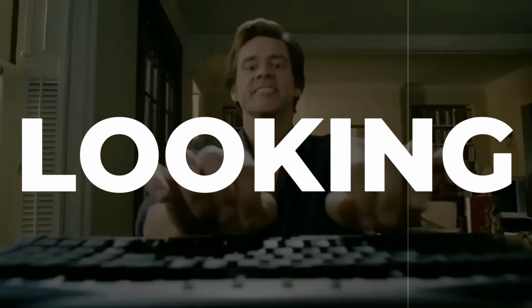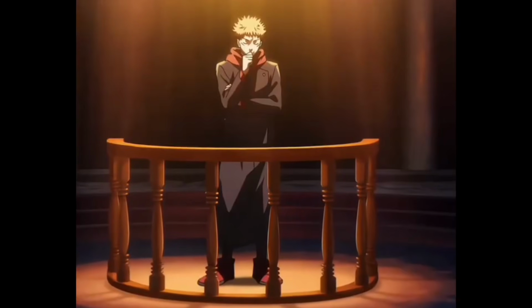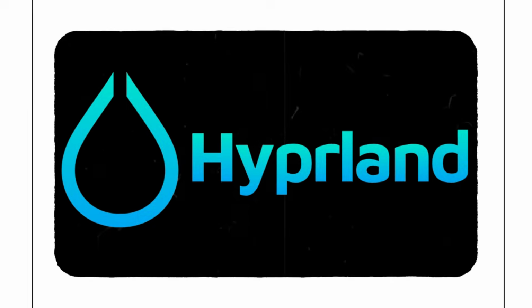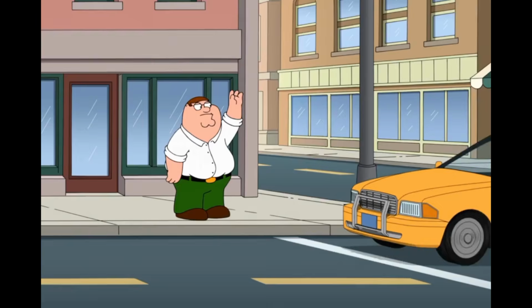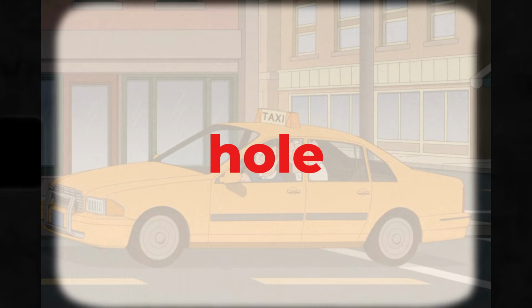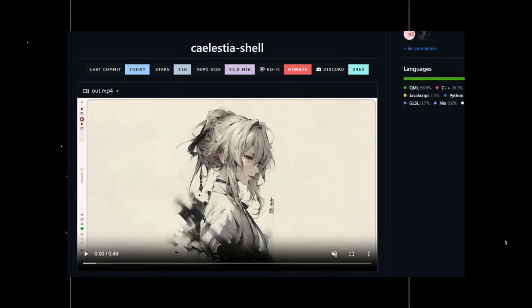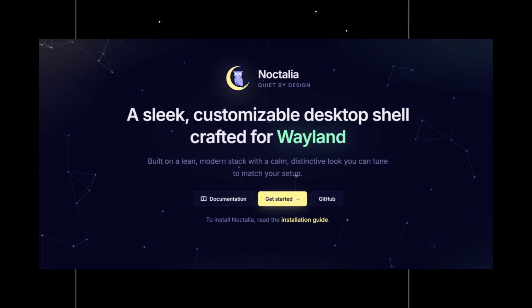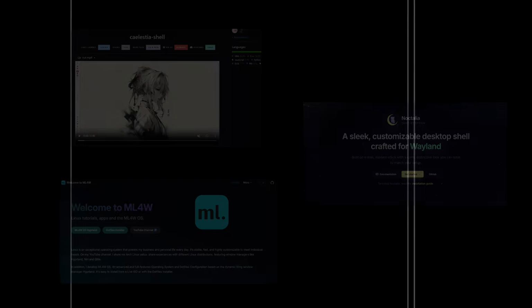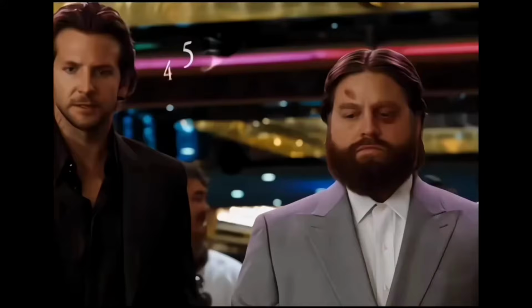So I started looking for something that could give me a more complete desktop on top of Hyprland, and that's how I ended up going down this rabbit hole of Linux shells. I have tried ML4W, Caelestia, and now Noctalia, and after trying all of them, I realized something. I don't actually want my desktop to have everything. I want it to be lightweight, clean, and stay out of my way when I'm working, and that's where Noctalia